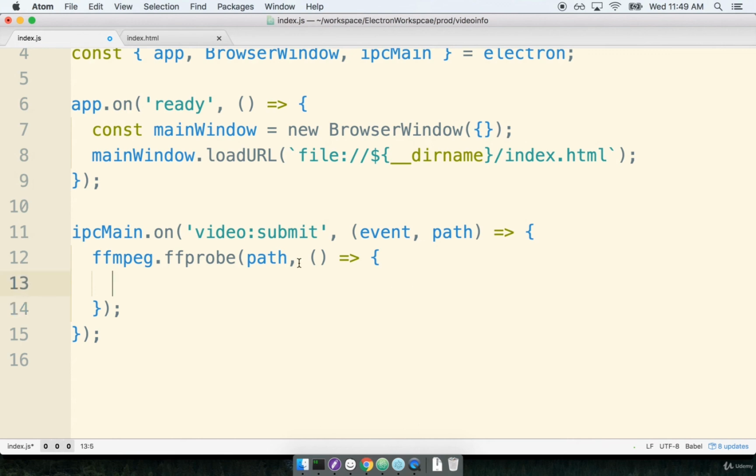Again, this will be called after ffprobe has completed running. The first argument to it is going to be an error object, and then the second argument is going to be the thing that we actually care about, the metadata object. I'm calling this metadata right here because the thing that we get back from ffprobe is not just the video duration. It has a lot of information about the video format, when it was last edited or created,